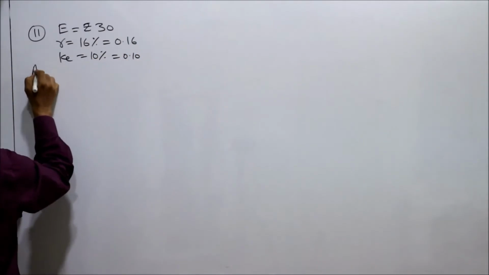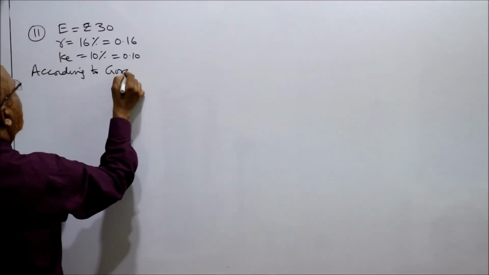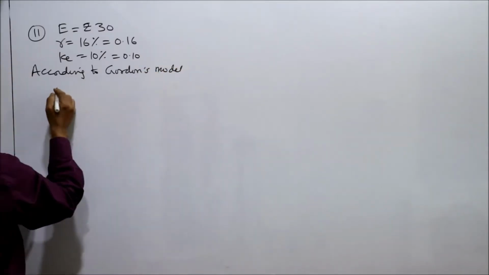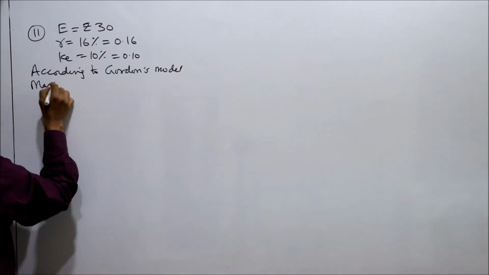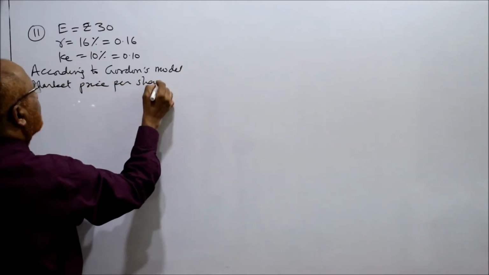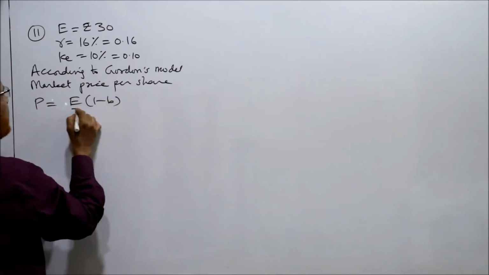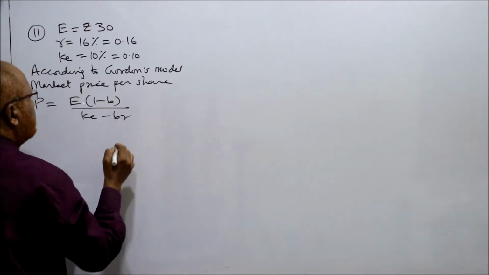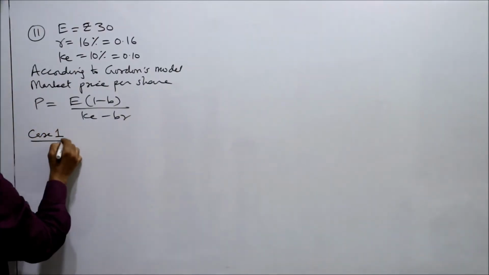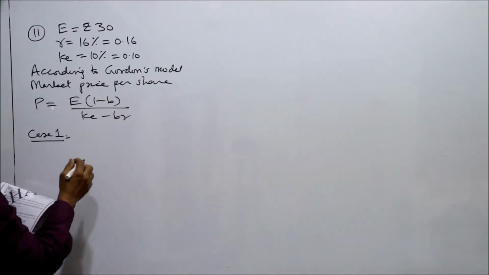Now, according to Gordon's model, market price per share P is equal to E into 1 minus B divided by KE minus BR, right? Now case 1. When the payout ratio is 50%,